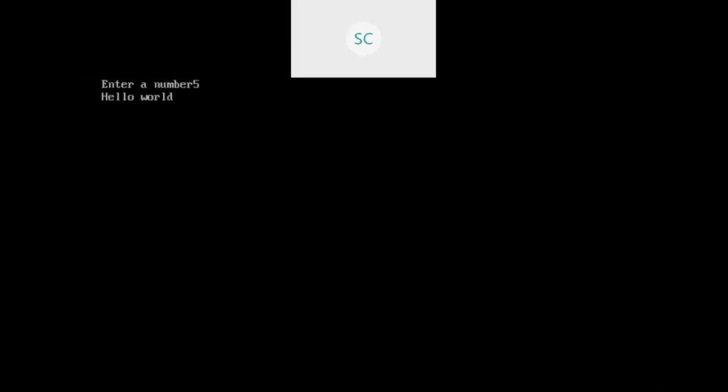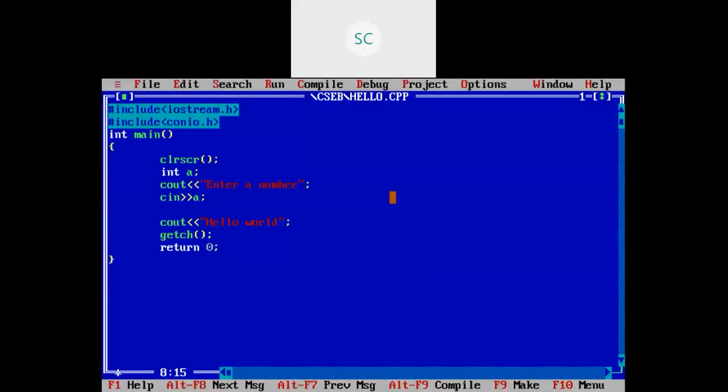in the variable a. If you want to print that a value, to check whether it is reading or not, here I'm writing one more statement, cout, giving some message like "a value is".